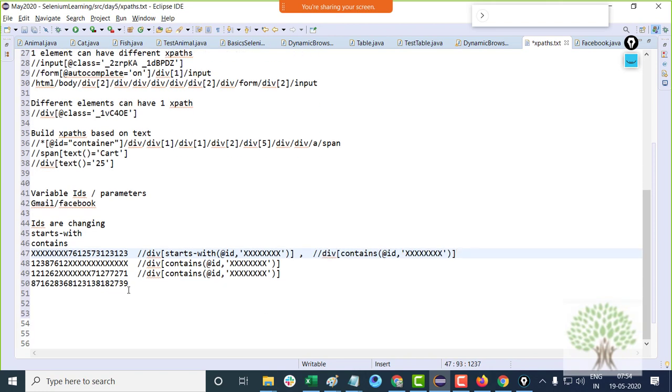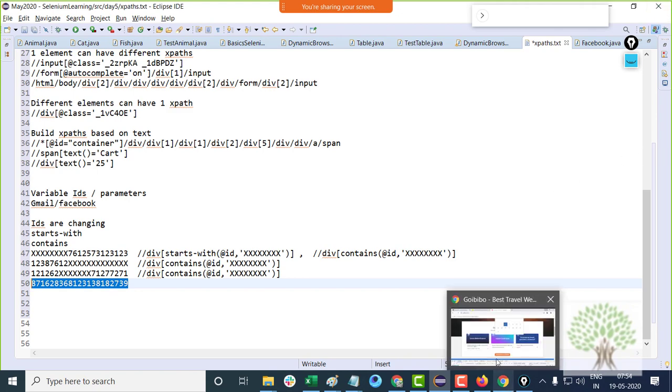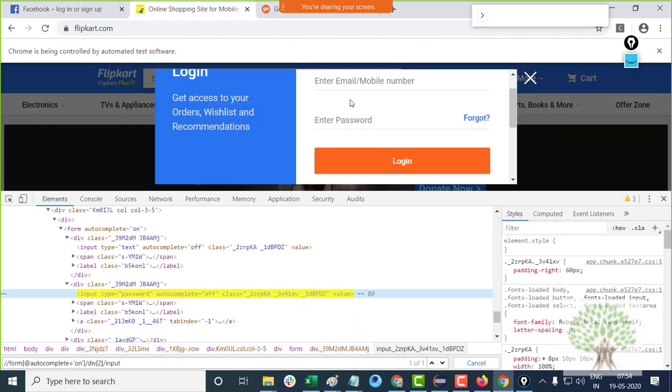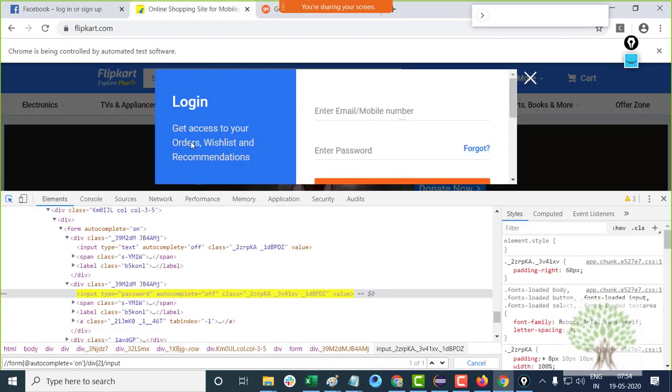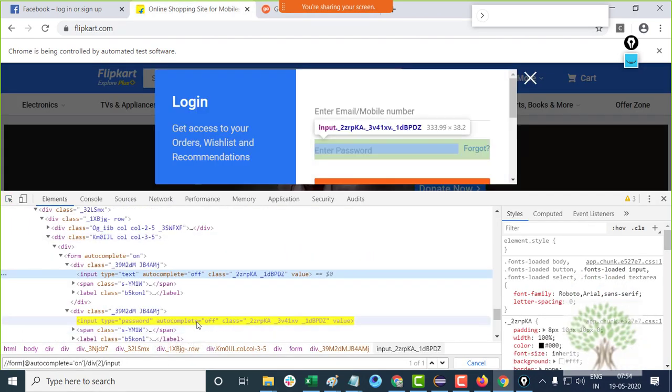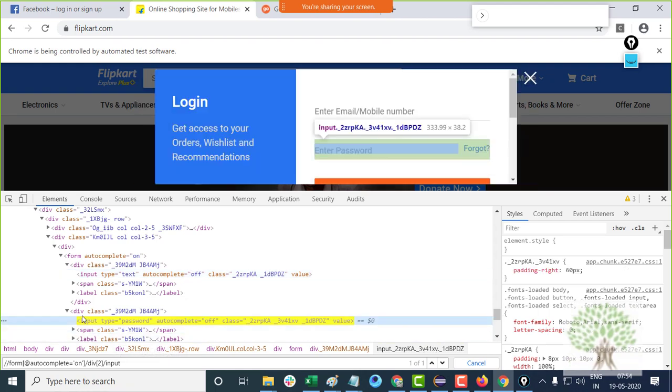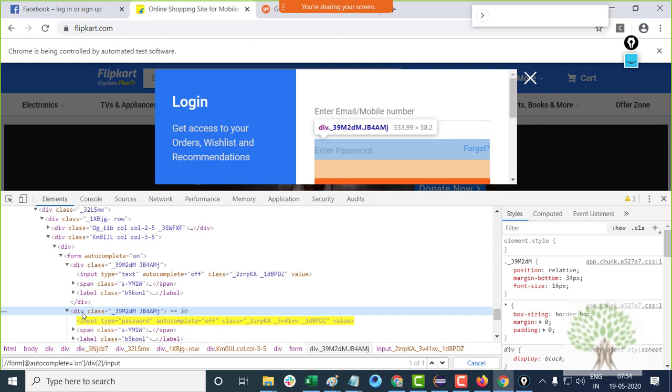Okay, for the last option there is no other alternative other than using the same trick which I told you. If the ID of this text field is varying completely, then I would have started building my XPath from one tag above, which is stable enough.